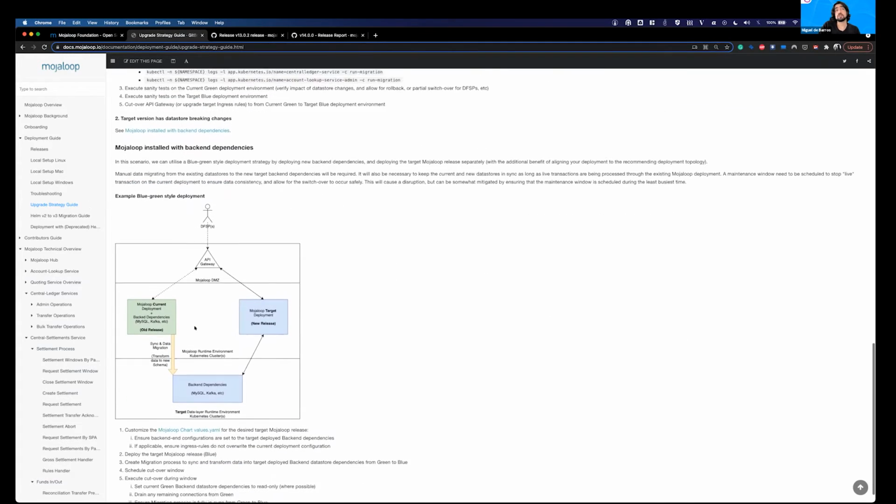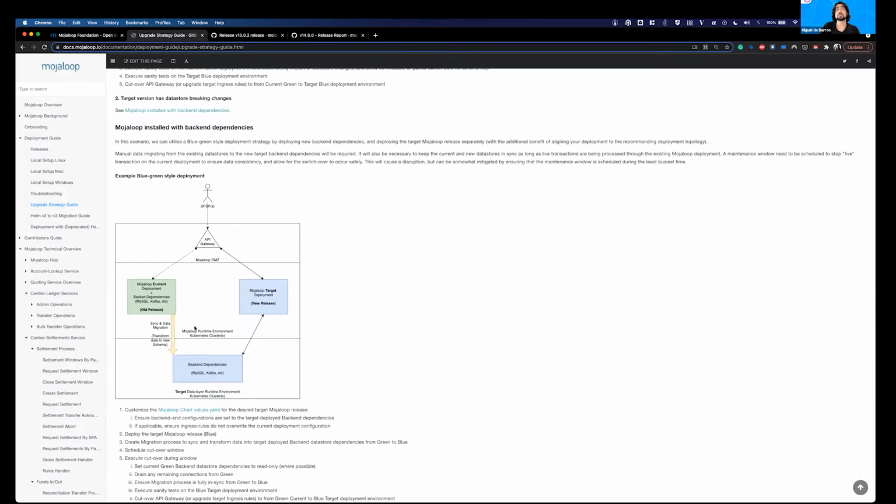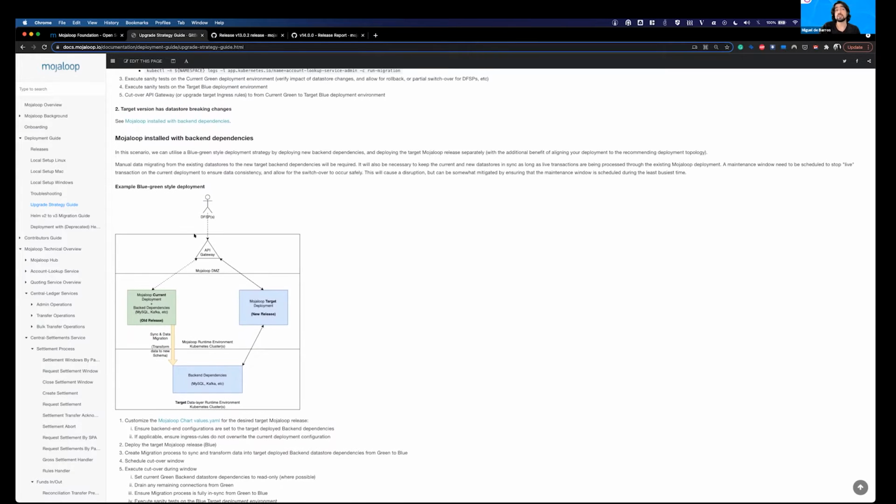There is then the second option, where there are breaking changes. And what that means is you're most likely going to have problems with the data stores as well. And this is specifically from a Helm perspective once again. But in this scenario, for example, we have Mojaloop with a tight coupling of the actual data stores here. And what we recommend you do is you would then deploy a new backend dependency